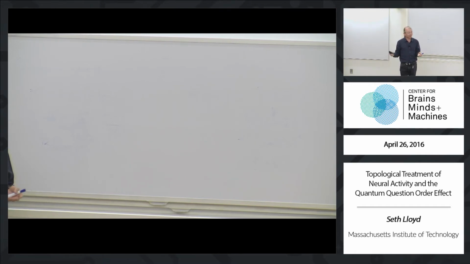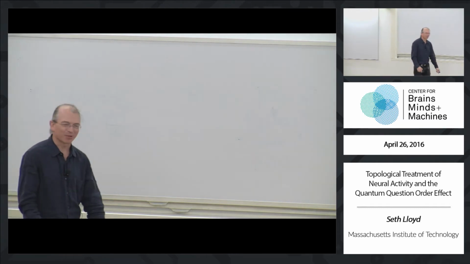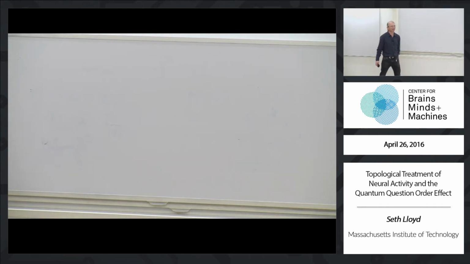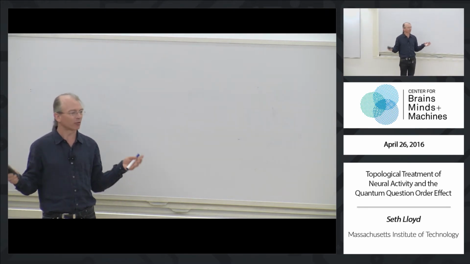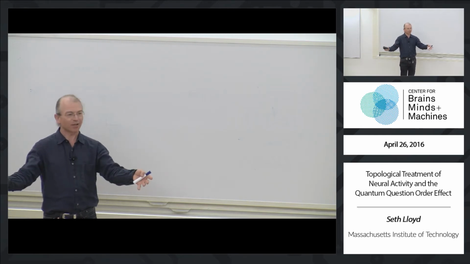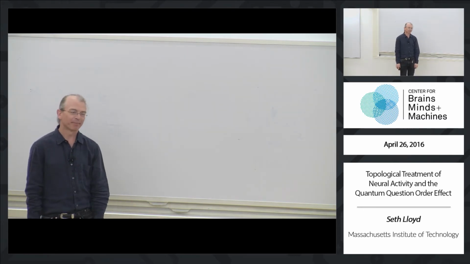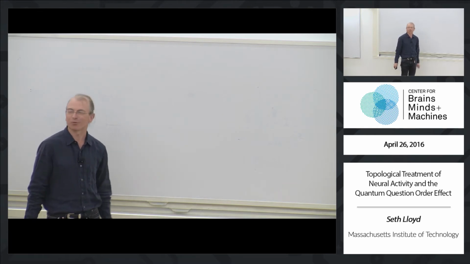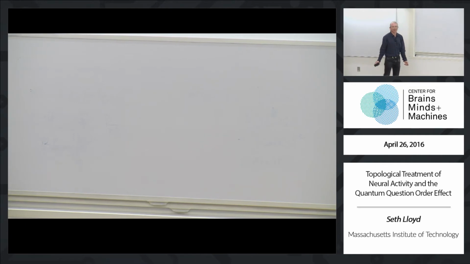And while I was working on this last summer, I remembered a reporter calling me and asking me to comment on the quantum question order effect, and I was simply saying it's very important to note this is not a quantum mechanical effect. I realized, hey, this topological description already has this vectorial picture built into it. Maybe what's going on is the kind of thing we were just discussing, governed by this funny linear algebra. So that's why I came to this quantum question order effect. I think it is kind of fun, and apparently it's an effect.